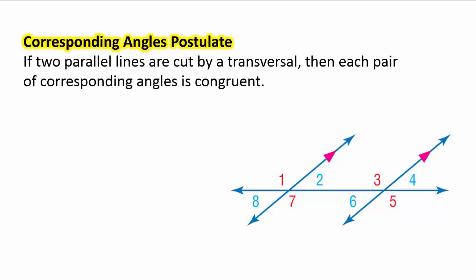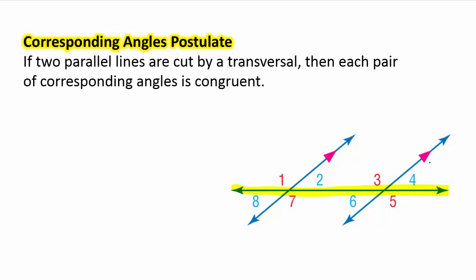Okay, so in 3-1, we talked about corresponding angles. But now, if we have two parallel lines that are cut by a transversal, remember, I'm going to highlight the transversal here. We've got two parallel lines that are cut by a transversal, then each pair of corresponding angles is congruent. So if I'm looking at this figure here, we've got our transversal, we've got our two parallel lines, then